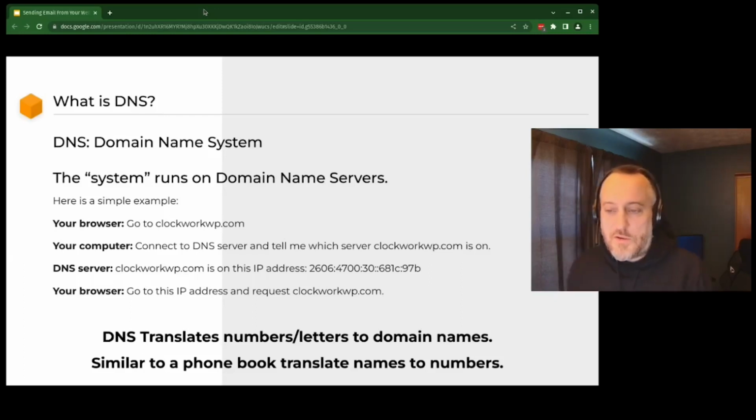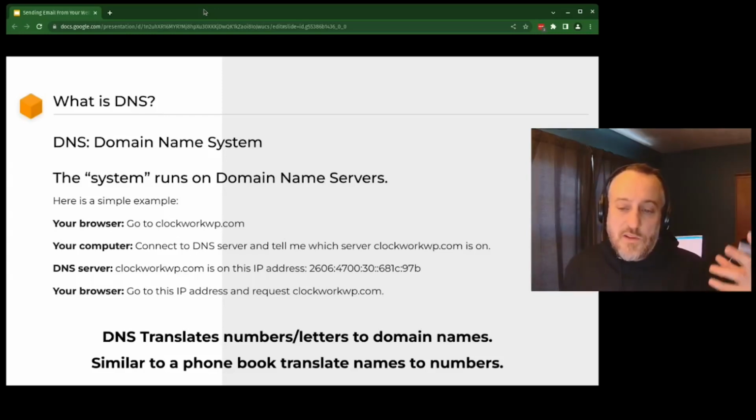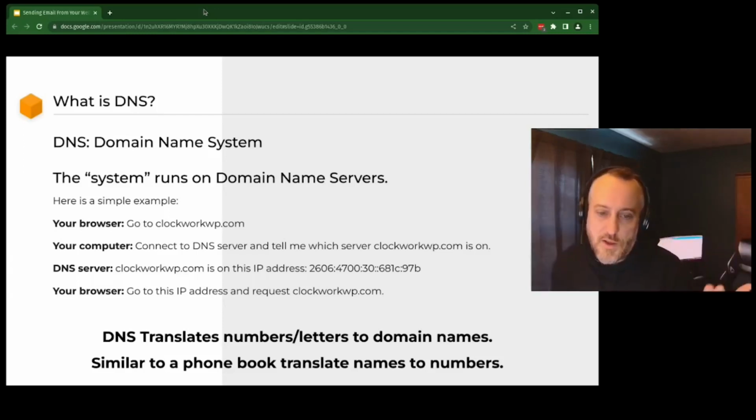The DNS server says, hey, the website's on this IP address, and your browser takes that IP address and converts clockworkwp.com to that IP address, and magically, boom, the website appears.